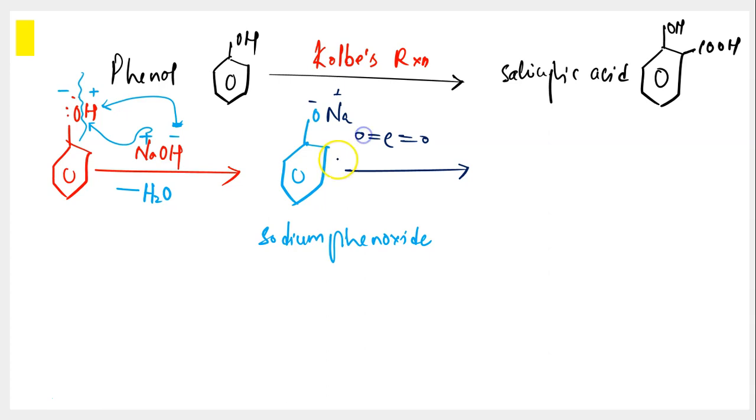It is C with two double bonded oxygens, which looks like this. This carbon dioxide would be acting as an electrophile. It would be converted into an electrophile now. And how does that happen? Due to the bond shift. One of the double bonds would be shifted onto oxygen, leading to formation of O minus and C plus. Now the C plus acts as the electrophilic site.